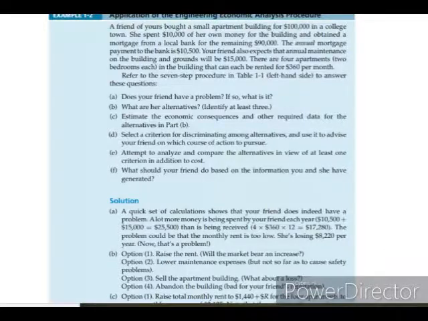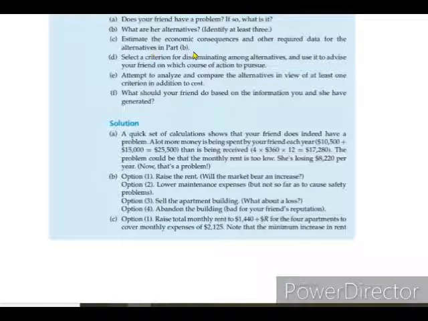Okay. Next. Letter B. What are her alternatives? Identify at least three. So here are the alternatives. Option 1. Raise the rent. Okay. Will the market bear an increase? Okay. So he can raise the rent. But first he should consult the authorities who have the regulation for the apartment business. Okay. Maybe the municipal government, okay, or he can consult the renters, okay, if they can afford